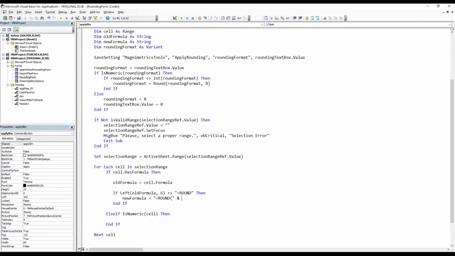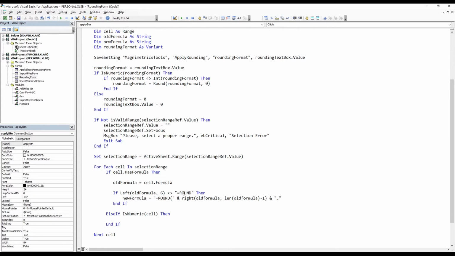Then I'm gonna concatenate the right side of the formula that we already got here, but just leaving one character from the left out. So this is gonna be, let's say if this is the formula, we're gonna grab this thing here, the right portion, and we're gonna grab the number of characters equal to the number of total characters minus 1. We want to remove this equal sign. So we'll have old formula, and the length that we want is the length of old formula minus 1. Okay, and then we want to concatenate our